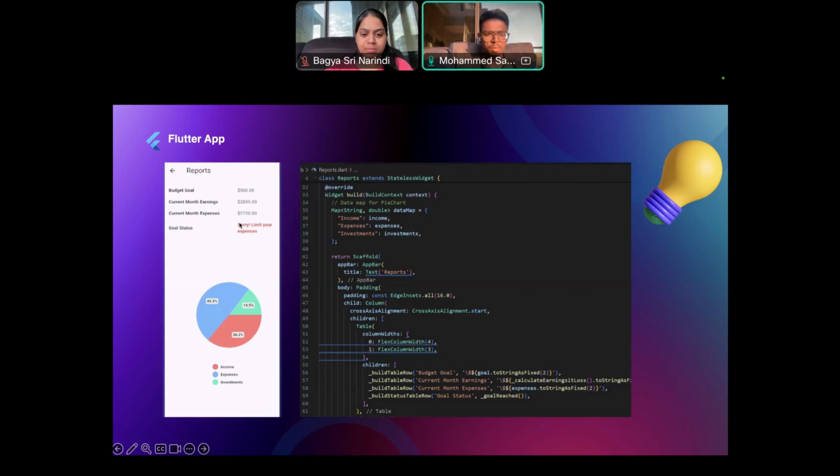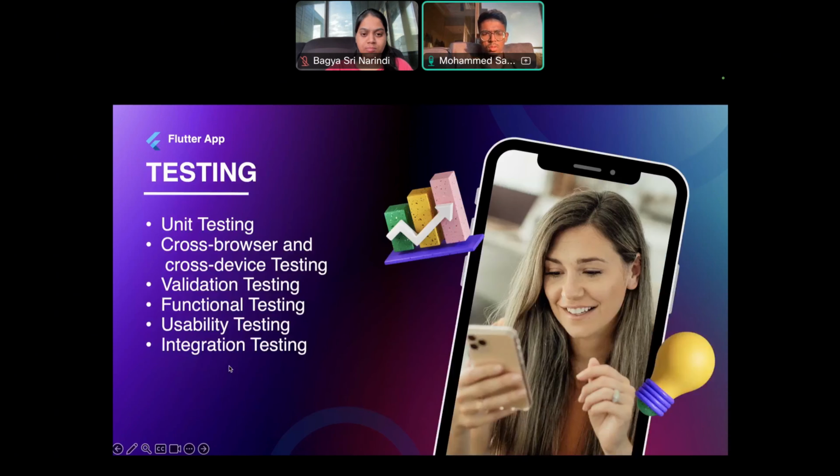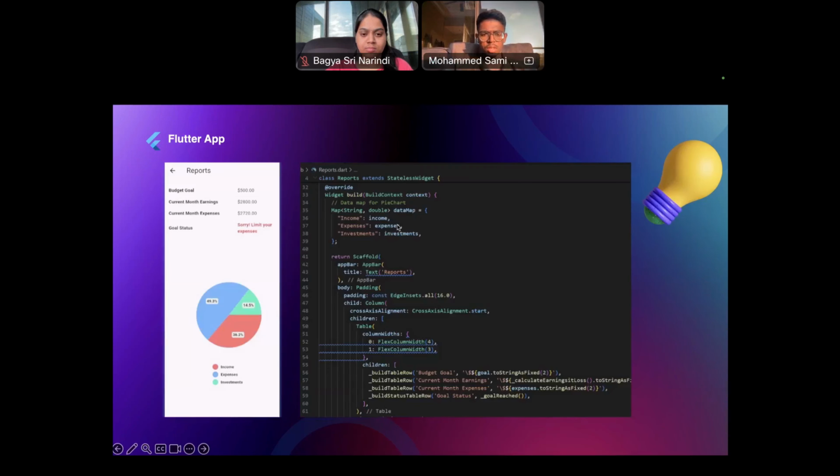So similarly, based on this data, we have created a bar chart below it, where 49% will be coming from expenses, 14% will be coming from investment, and lastly 36% will be coming from the income. For this, there was code on the right hand side where you can see we have created a table firstly for budget goals, current monthly expenses and goal seeks. And similarly, in the last slide, as I explained,